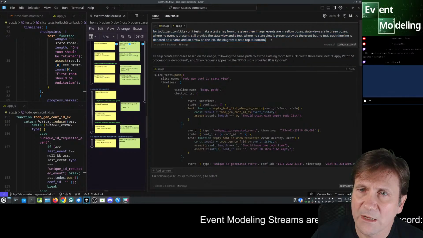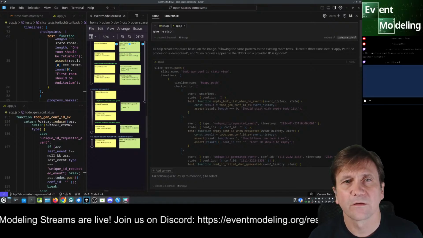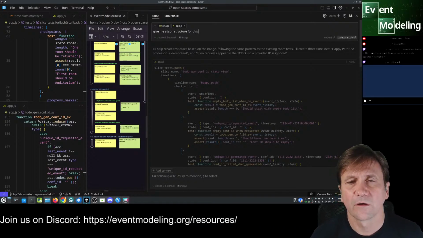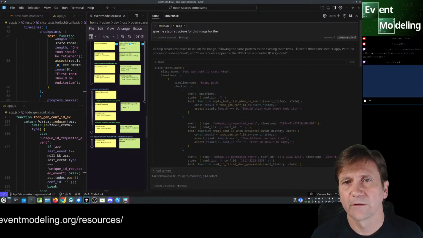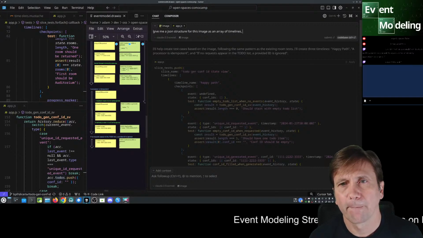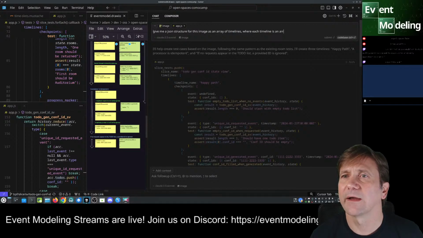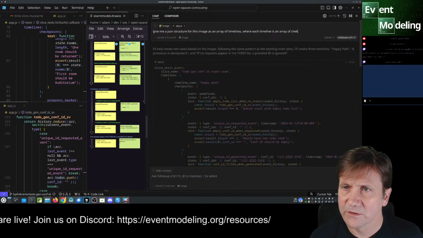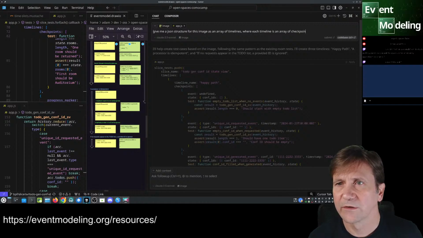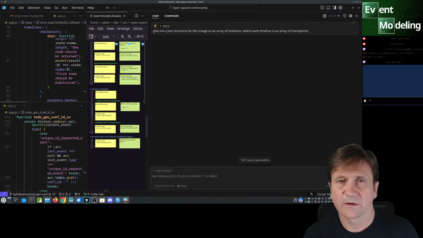But I'm going to say, give me a JSON structure for this image, as an array of timelines, where each timeline is an array of checkpoints. See what it does there.